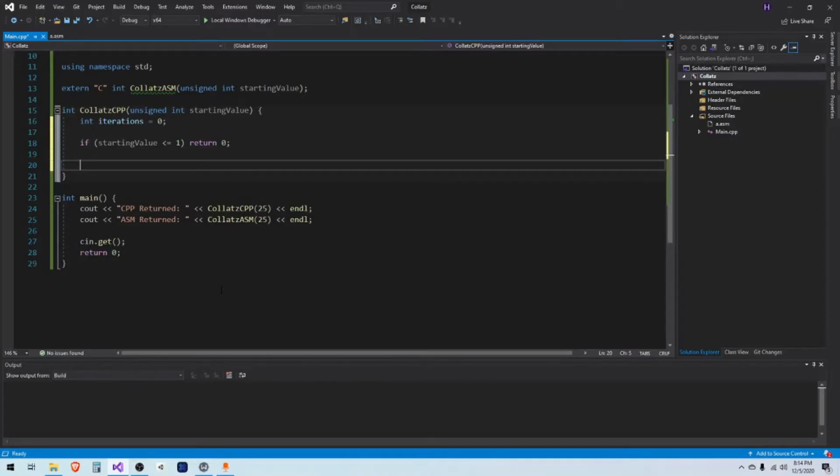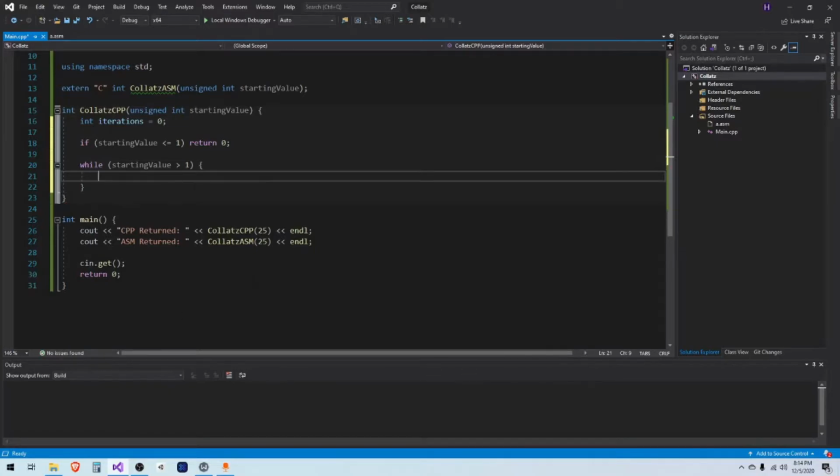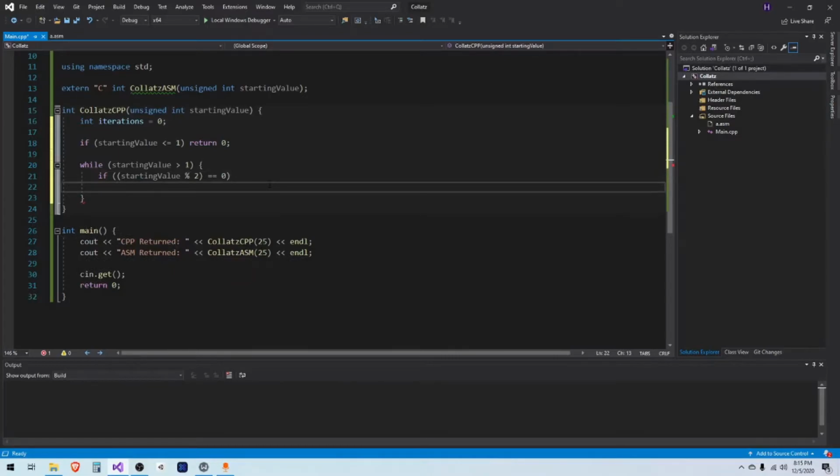However, if the starting value is greater than 1, then we'll say while starting value is greater than 1. So what this means is this while loop will keep running until the starting value is less than or equal to 1. Now there's one check that you need to do, and that is you need to check to see if the number is even. So we'll say if starting value modulo 2 is equal to 0, and what modulo means is it just gets the remainder of a division. So starting value modulo 2 equals 0, which means the number is even,